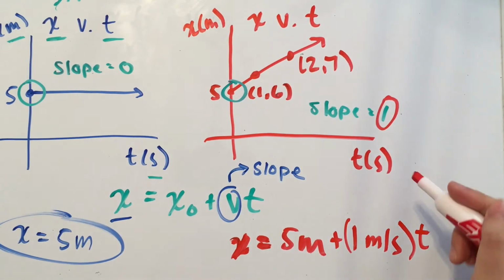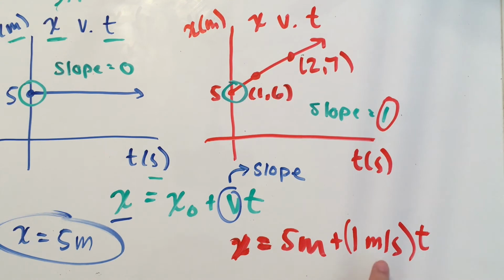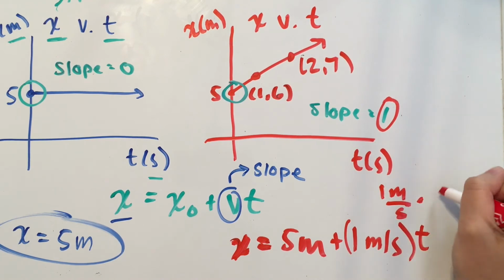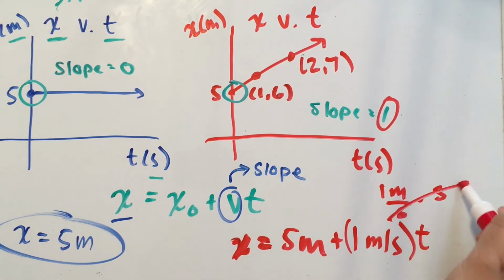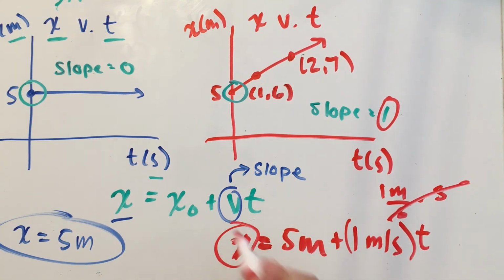Since time is measured in seconds and we're multiplying the unit of seconds times the unit of meters over seconds, the seconds are going to cancel out. So we have meters plus however many meters we get from this term,